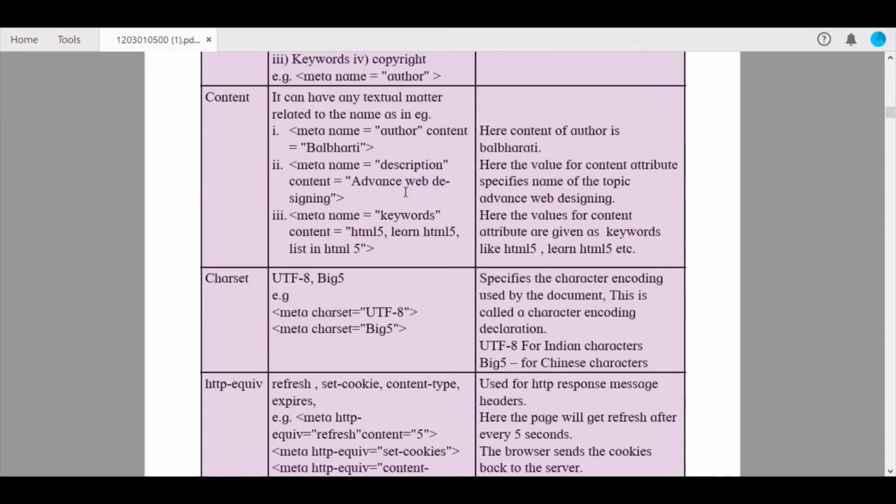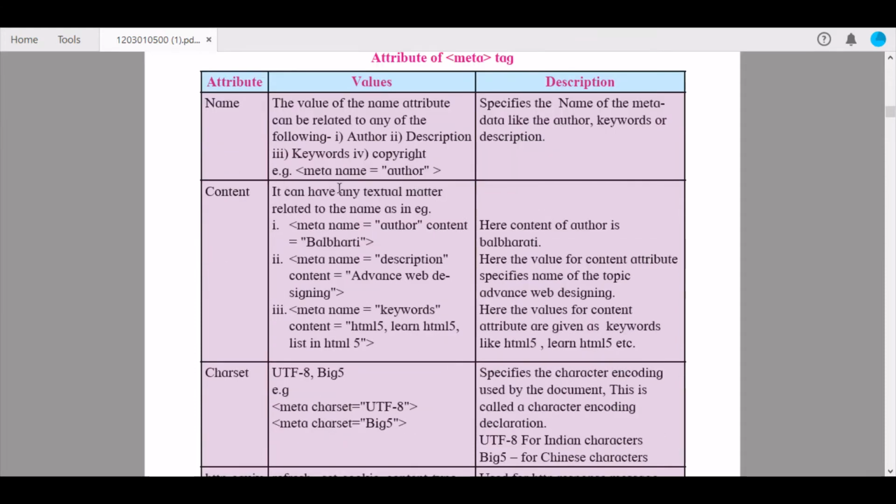The next one is content. It can have any textual matter related to its name. As an example, meta name is equal to author, and content gives us the value. It can be any text you want to put in. The next one gives us the description for the content you have to put in, and the third one gives us the keywords for the content in the next line.